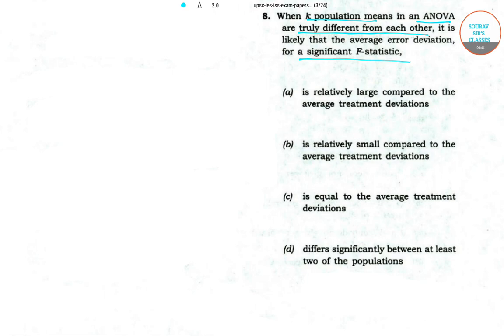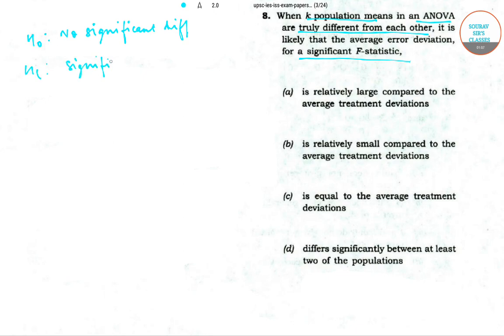Now, I think you all would be knowing what H0 and H1 are for an ANOVA. Well, H0 usually implies no significant difference, whereas H1 states that there is a significant difference. Now, as the means are truly different from each other,